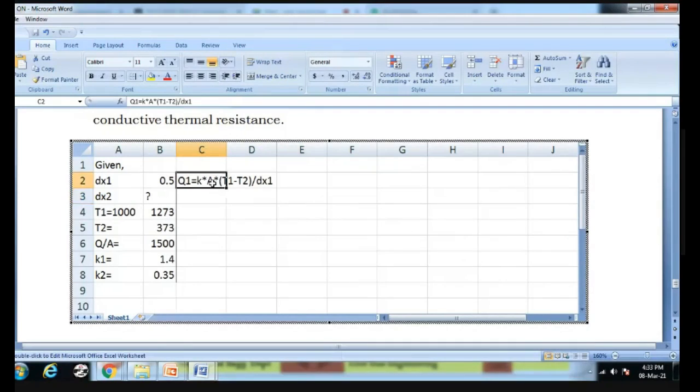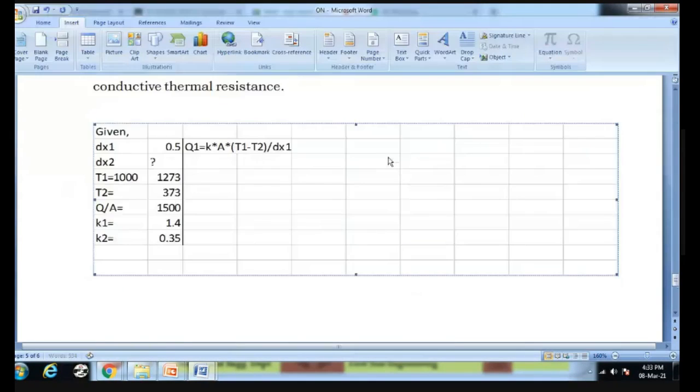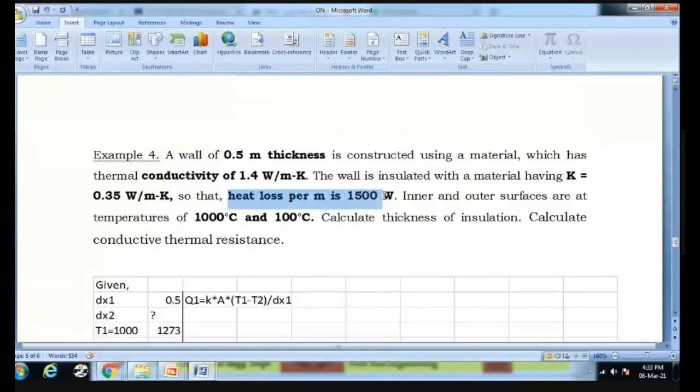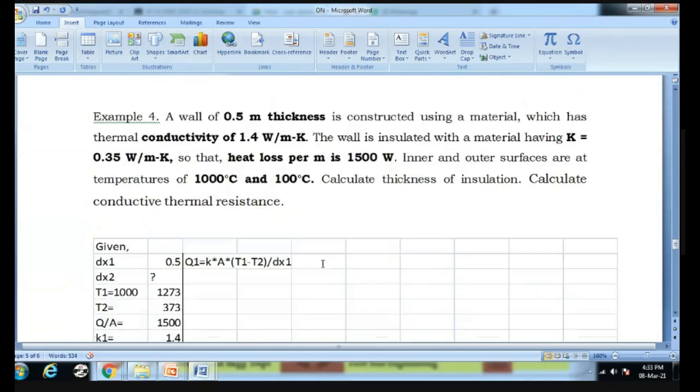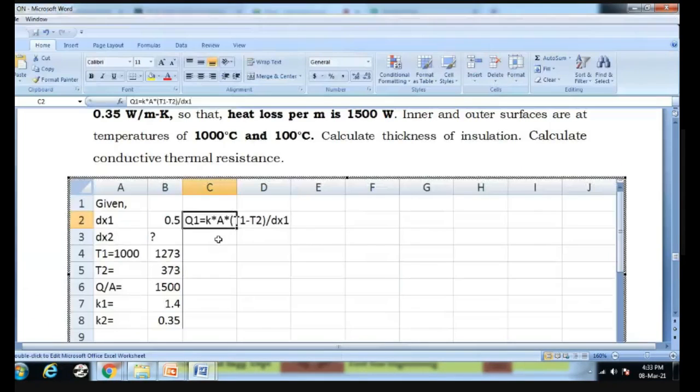And now you know this is what is given here. It is a heat loss per meter is 15 watt. So it is actually 15 watt per meter square, and value is 1500, not 50, so 1500. So you know this is actually 1500. So what you get here is Q1 divided by A is 1500, and it is for Q2 upon A, same value, because heat loss per meter is there, that is fixed heat transfer, it is 1500.